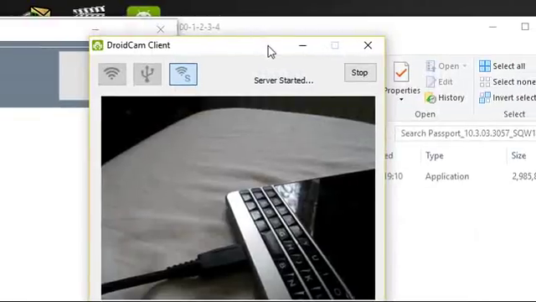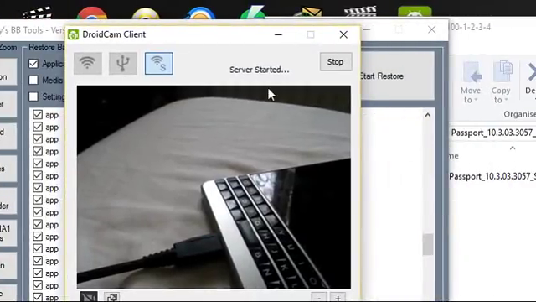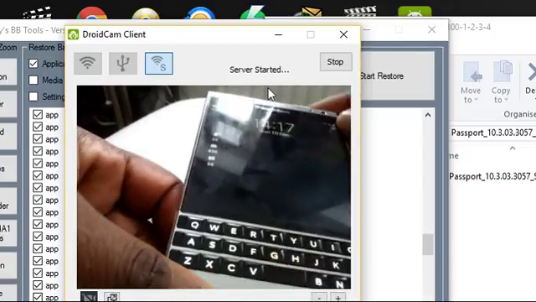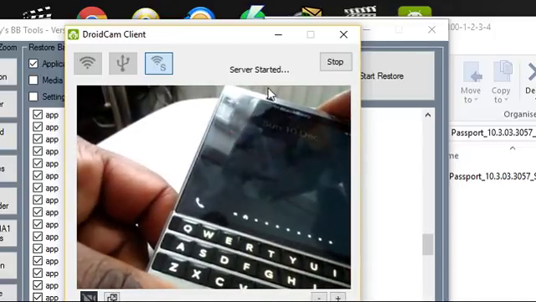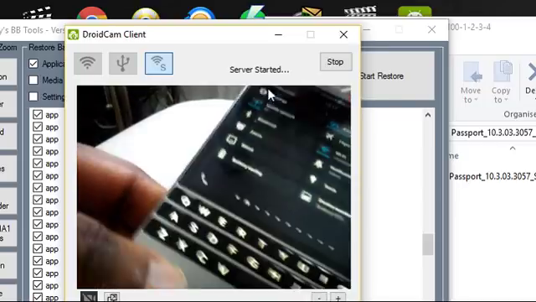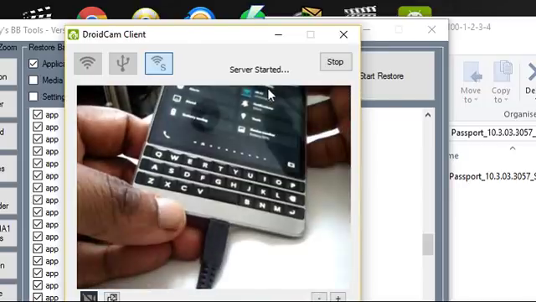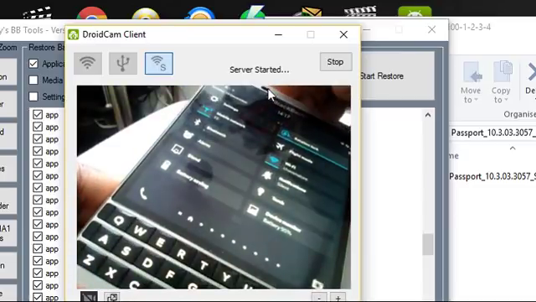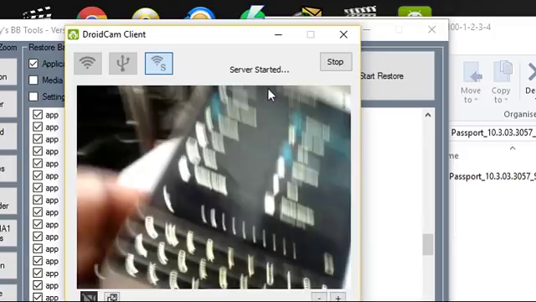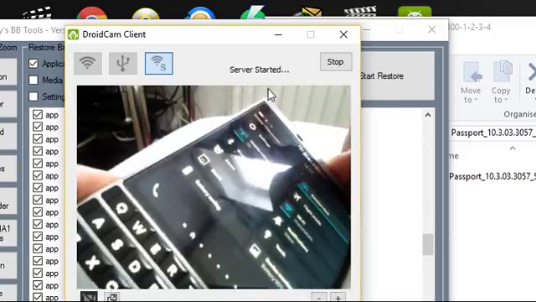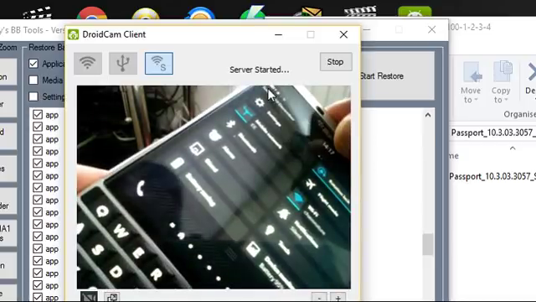You go into your phone. I'm just trying to get the phone into a view. Sorry, I don't have the proper devices for this presentation, but you go into your phone,